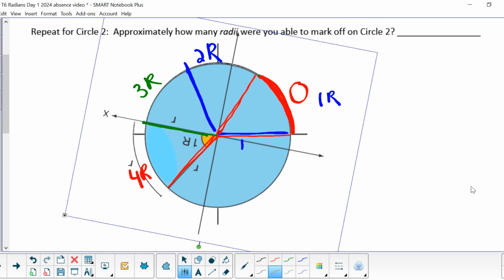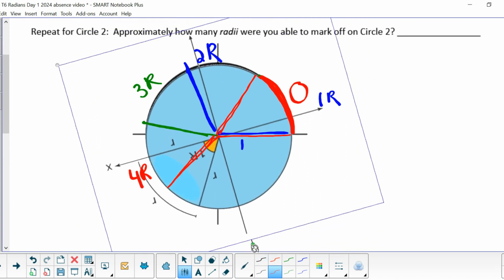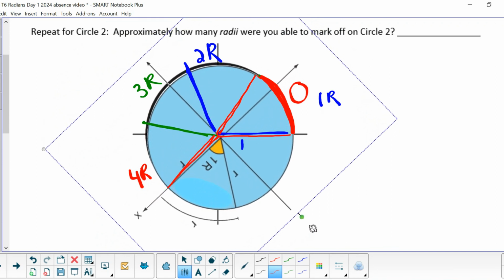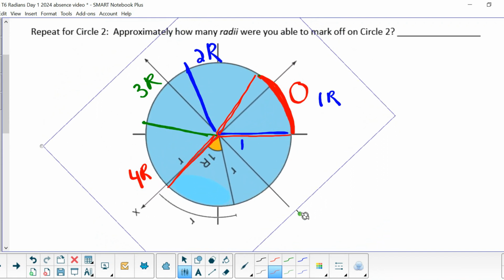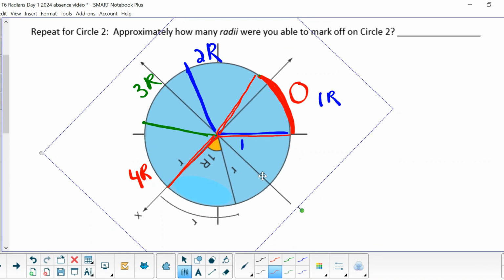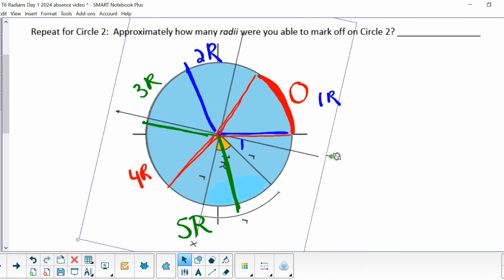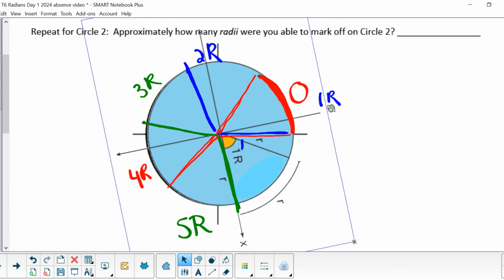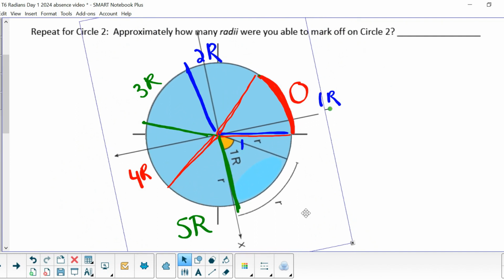Let's spin that again if I can find my spinning part. Here we are. Try and recenter that. Okay, so now I have 5 radians. And then the last, probably the last bit here. Spin again. Okay, so we can see our